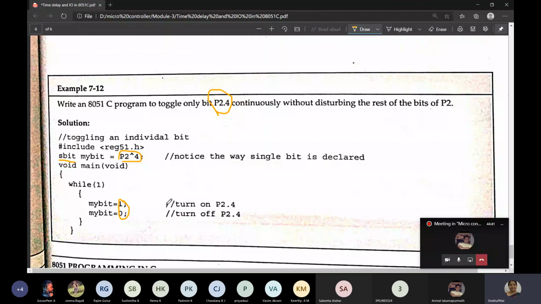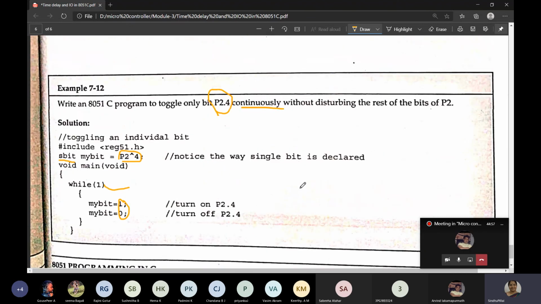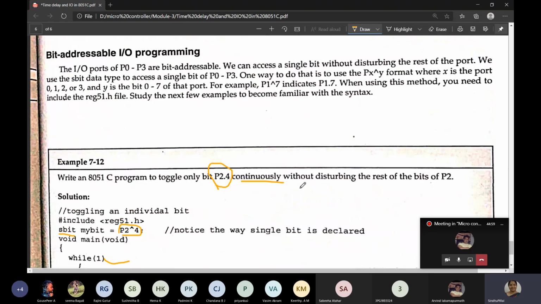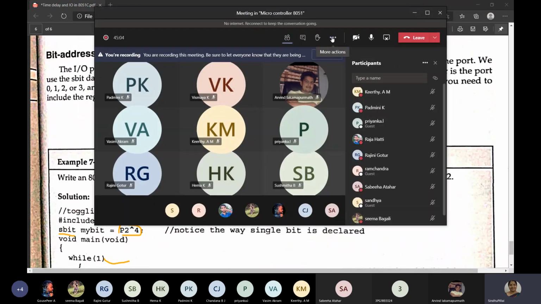Just send the values 1 and 0. And while of 1 means it should be toggled forever, continuously. This is how to do it bitwise, any one bit of a port. So this is one of the programs for bit addressing. So hope you have understood. Thank you.